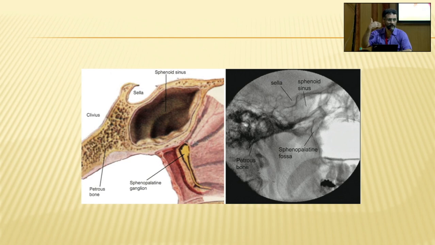Now there are various ways. Some people talk about concentrating on the eardrum. Some talk about the mastoid, but a simple trick which one of my teachers told me was to ask the patient to put up a stethoscope, and hear their heartbeat. They are also relaxed, and you just need to align the stethoscope. Because that's a huge thing, you just need to get a perfect lateral image where the stethoscope is matching. You will get this image, and you just need to introduce it from lateral to medial.